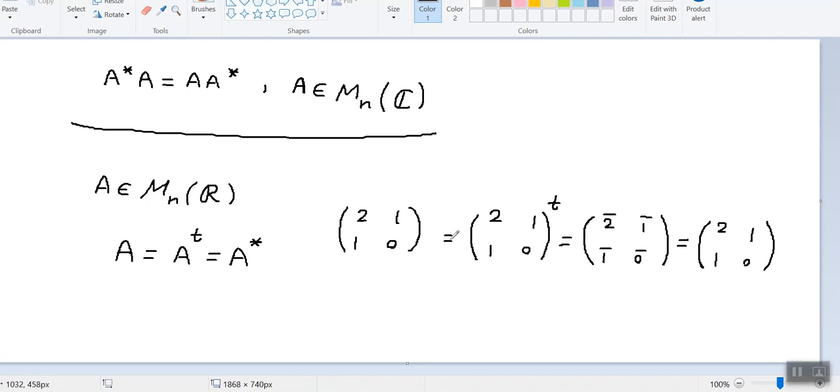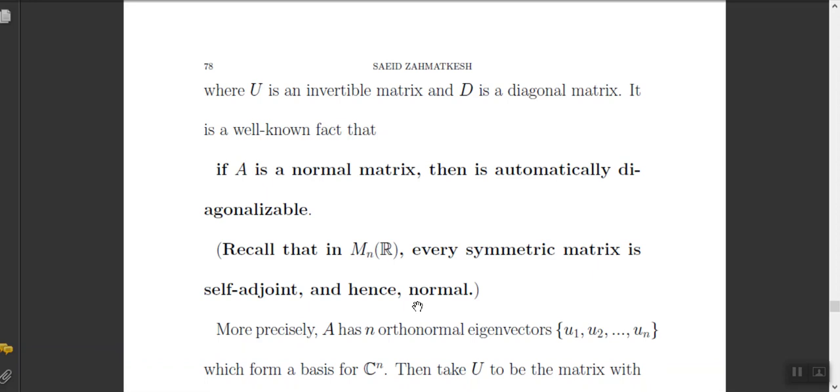So A equals the transpose of A, and this equals A star. And you can see if A equals A star, it means A is a self-adjoint matrix, definitely normal. Okay, so